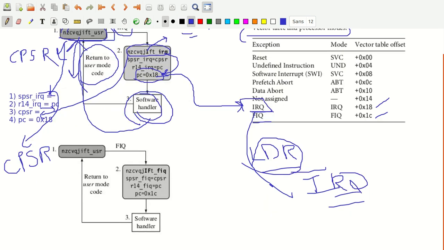Now you can just look into this one. Whenever an FIQ exception is raised, in this case the CPSR is in the user mode here. As I said earlier, whenever an FIQ exception is raised, there are two things that you have to note down. The first thing that happens here is the I bit is disabled as well as the F bit. Don't get confused here. Basically the I bit is set to 1, the F bit is set to 1.